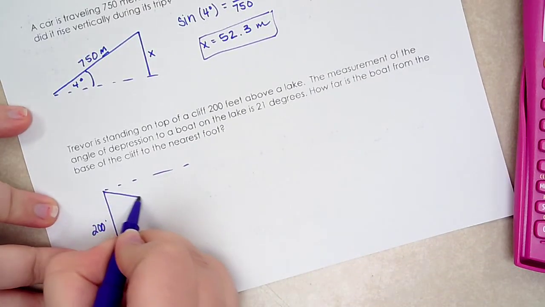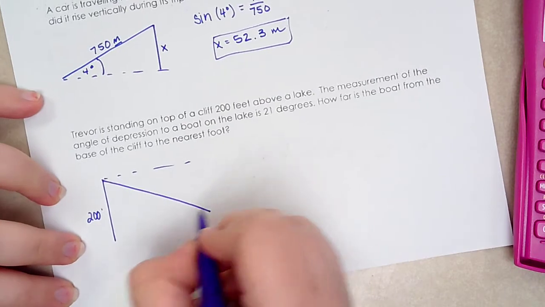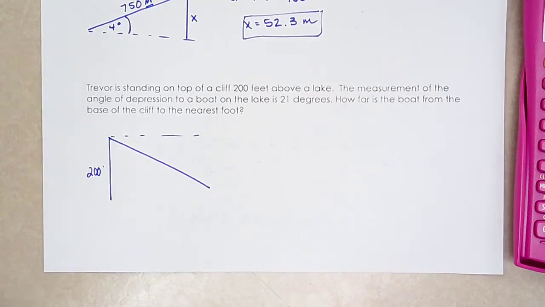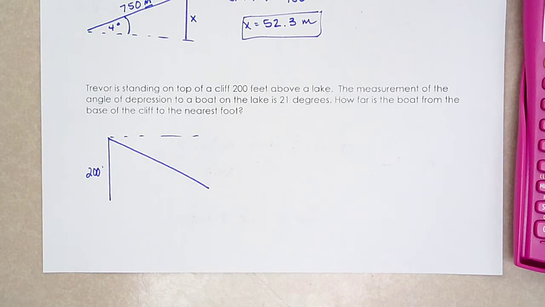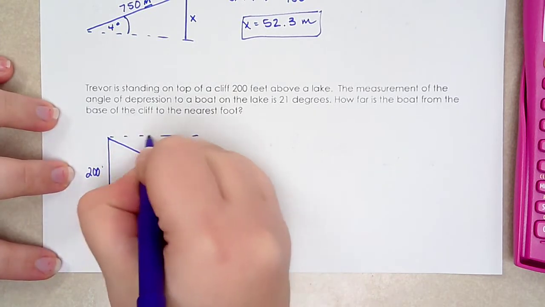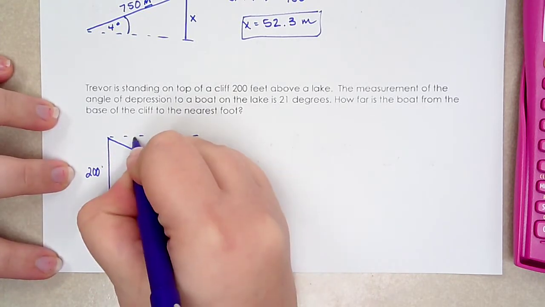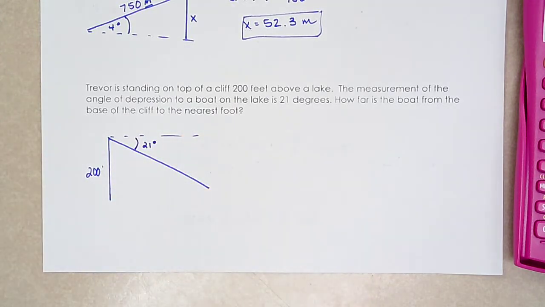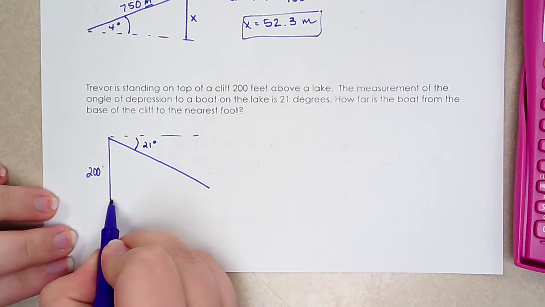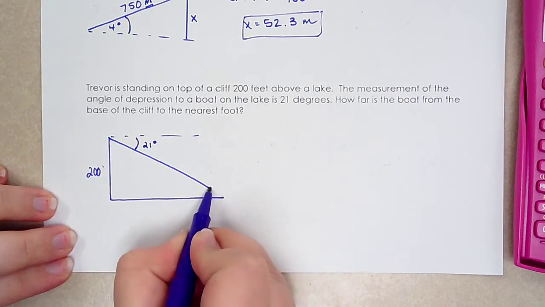So this is his line of sight to some boat over here. Notice my angle of depression is not the line of sight to the vertical cliff. It's from the line parallel to the ground down to his line of sight, meaning this angle is 21 degrees. How far is the boat from the base of the cliff to the nearest foot? So he wants to know this distance